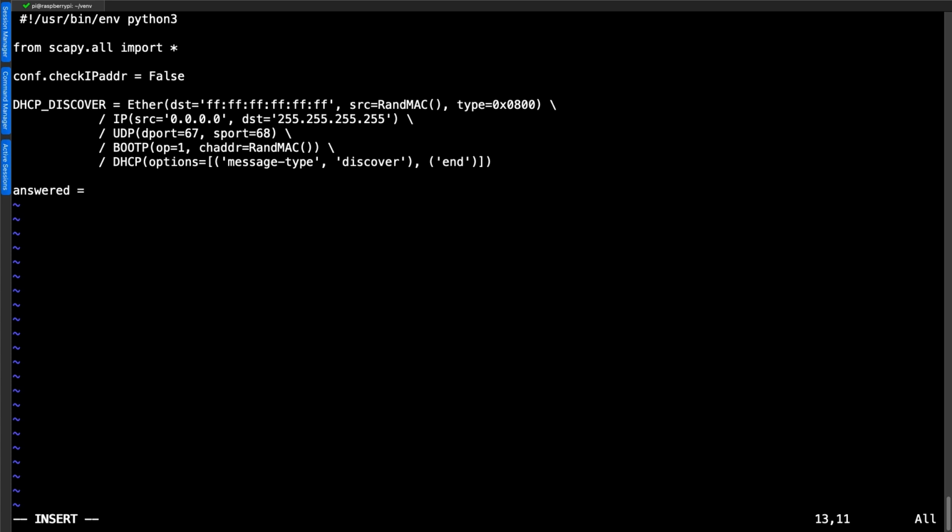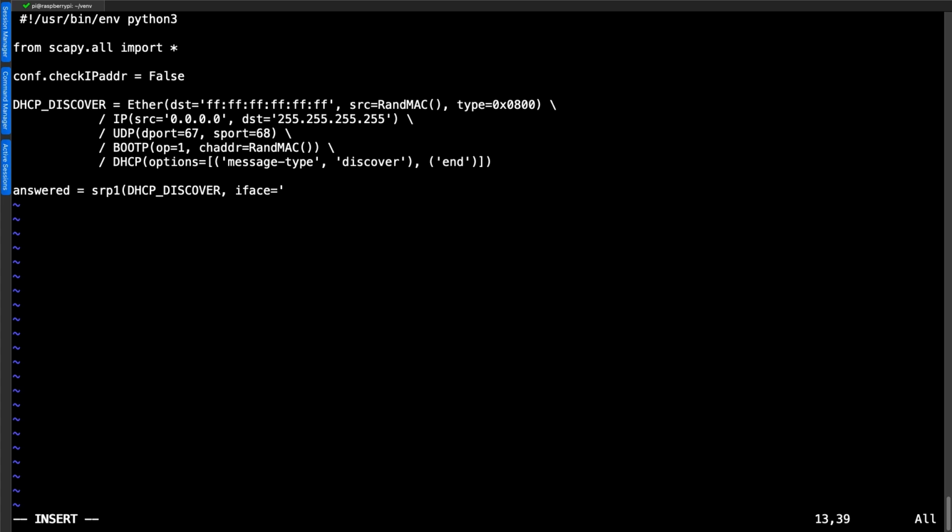I can set up a variable to go through and store my answer. And again, we can use a function, send and receive packet 1. So this is our lower levels of our stack. And we can send out that DHCP discover packet that we've just created. And we need to send it out to your interface.